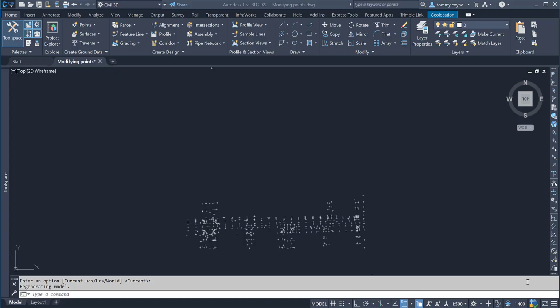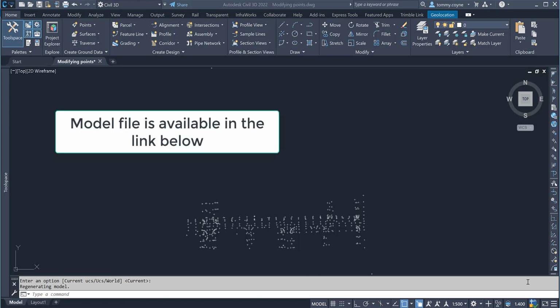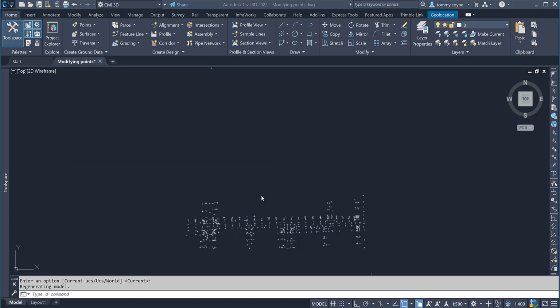This video will go through how to modify points and check the model file for any incorrect points. The first thing we're going to do is orbit around this model file. That can be done using the view cube up here. So if I select this part of the cube, this corner section of the cube,